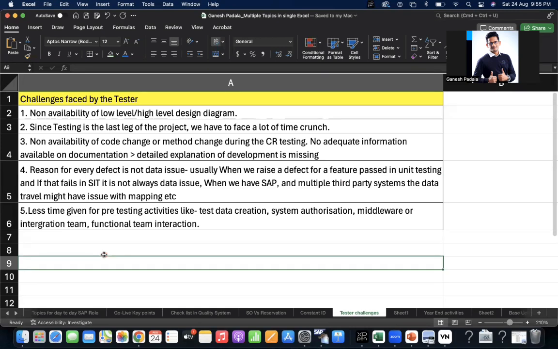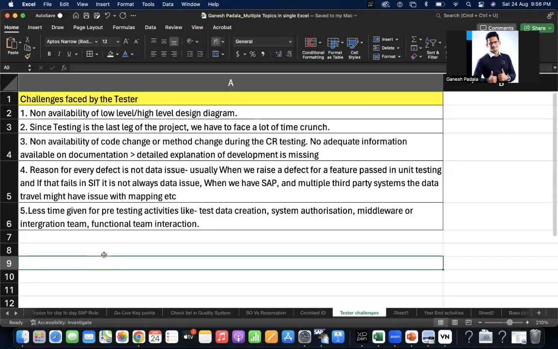They should check whether the quality system is connected to our quality system, do connection testing, and work with Basis to verify that details like SCOT or any other RFC settings are proper. These prerequisites need to be taken care of by testers so that they can save a lot of time and avoid connection issues, like the middleware suddenly not sending data. Suddenly you transmitted some 20,000 materials without proper packages, so it was completely stuck in middleware.